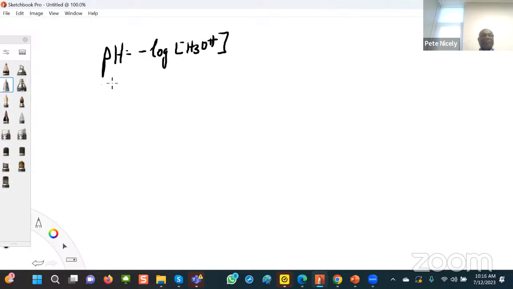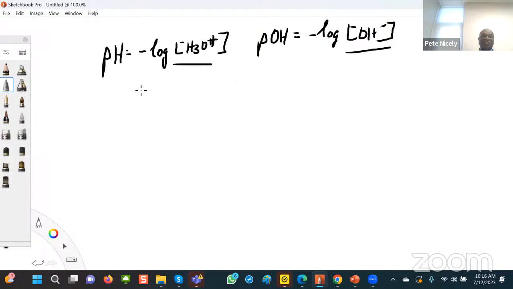And the pOH, write it here, is equal to minus log of the concentration of OH minus, all right? And what you'll find is that there's a relationship between the hydronium ion concentration and the hydroxide ion concentration in any aqueous solution. So let me write this down. In any aqueous solution,